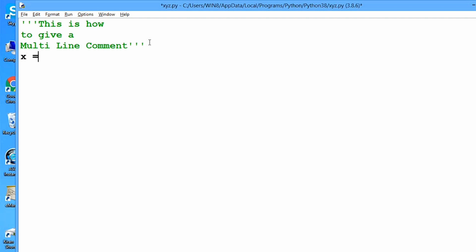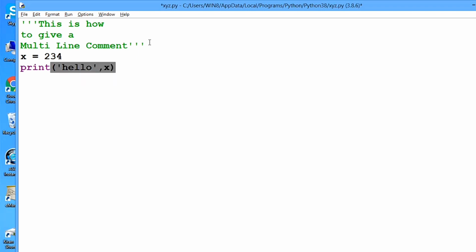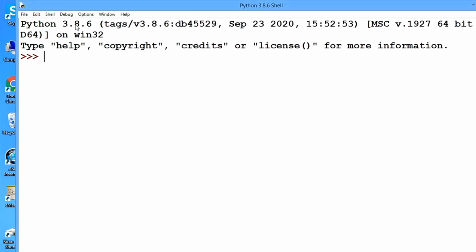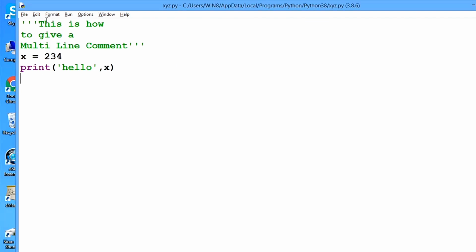Now add some lines in the code. Say x is equal to 234, and now print some message, say a string like hello, and then a comma, which will give a space, and then x, which will print the value of x. Now run this program and look at the output. Yes, you can see hello 234 is our output, and our comment is not reflected in the output. So this was